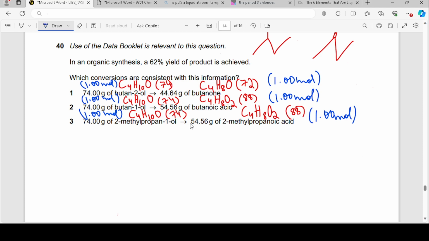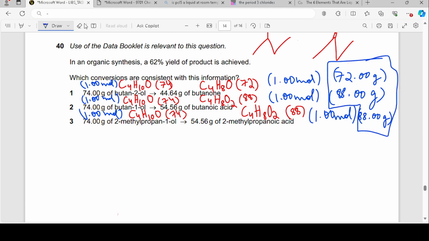And next what I'm going to do is I'm going to find the predicted mass. So m equals n times Mr. We know that, right? So now I'm going to find the molar mass. So the predicted mass should be n times Mr, the moles times the molar mass, so 72. So that means for butanone, I'm just going to make it 1 times 72. That gives me 72 grams. Again, I'm not worrying about significant figures too much. Okay, maybe I should just make it 72.00 just for consistency with the predicted values, but 72.00 grams. And then butanoic acid is going to be 88.00 grams, of course. And 2-methylpropanoic acid, you're going to have 88.00 grams again, right? And so these are the theoretical